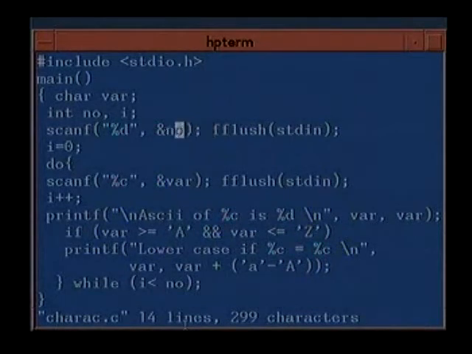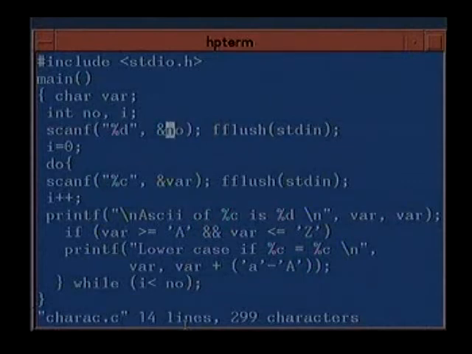Now when we enter a character, we will be entering the character and then pressing the enter key. So both the character and the enter key will be stored here, and unless we flush this, for the next scanf which occurs, the enter character will be taken in. That is why we flush this one to clear out the input buffer. There are other commands to read in characters called getchar, which you can have a look at in the books, and we will also see in some examples later on. But first let us see how we will do it using scanf.